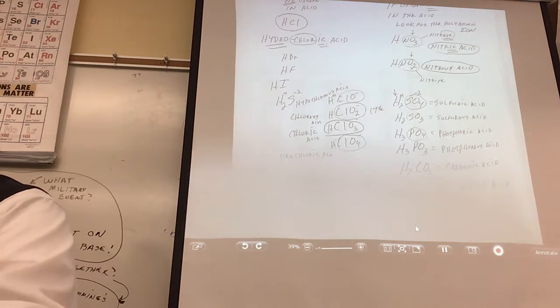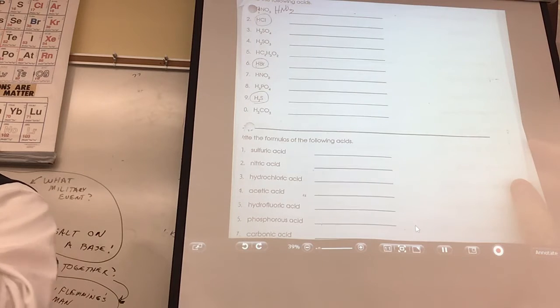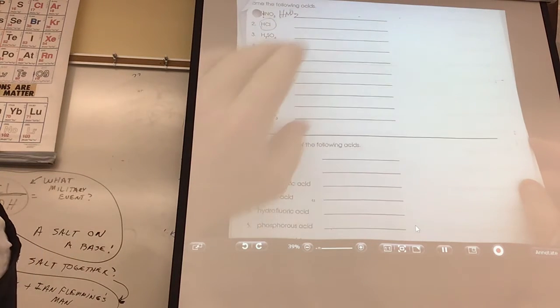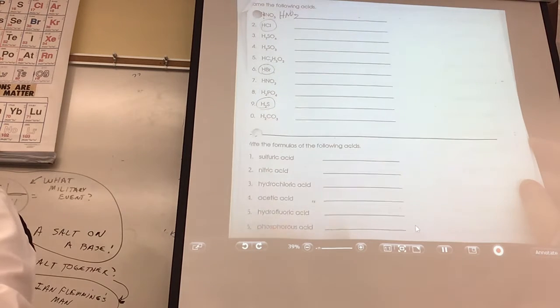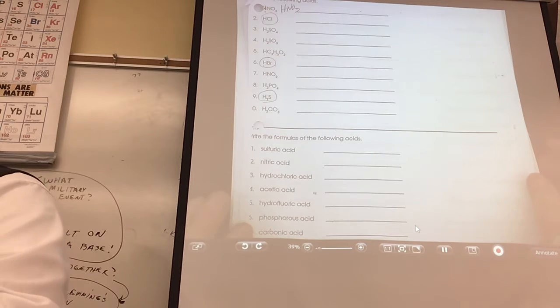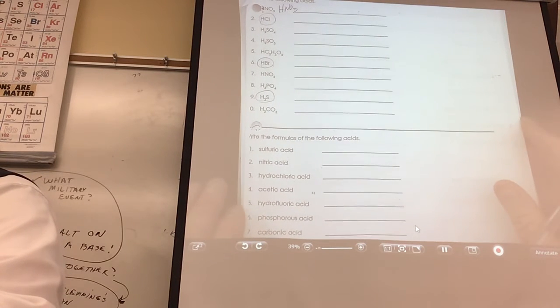Now, just a little bit of practice on that. You should be able, right now, to finish that page right there, okay? Let's take about 2 minutes. See if you can do all these, and then go down here and see if you can reverse your brain and do that, okay?